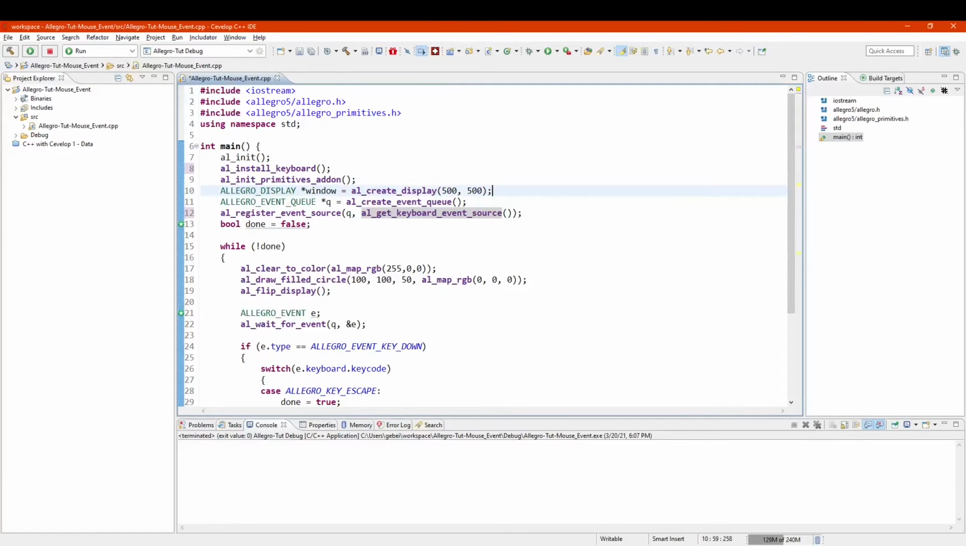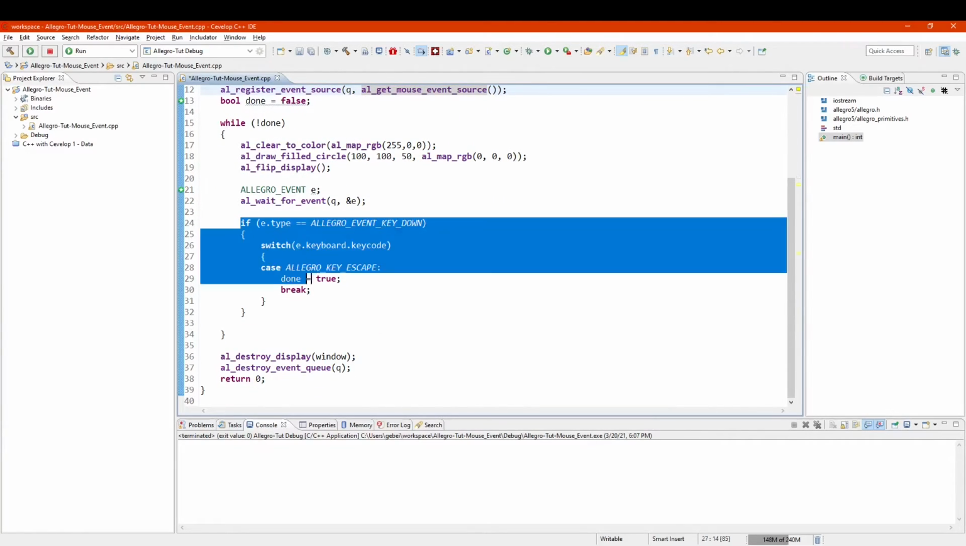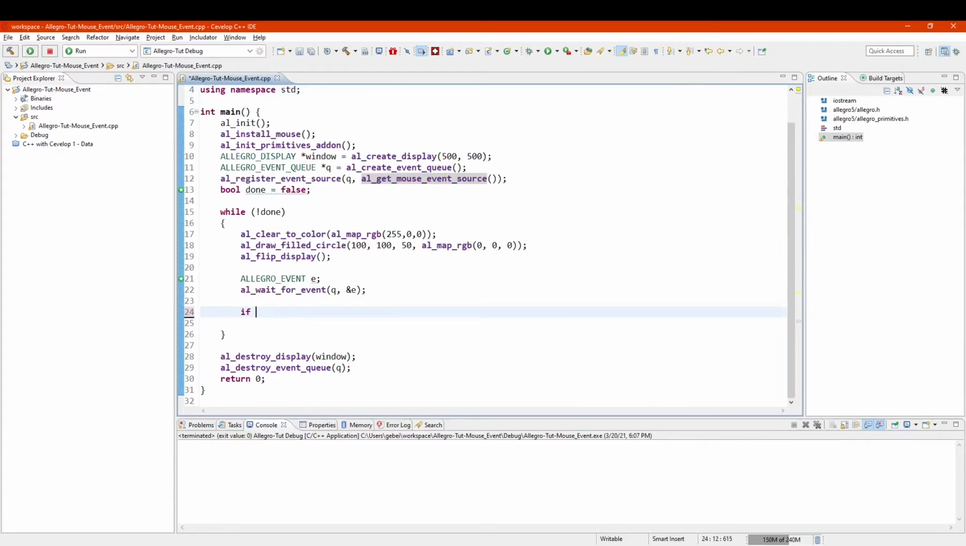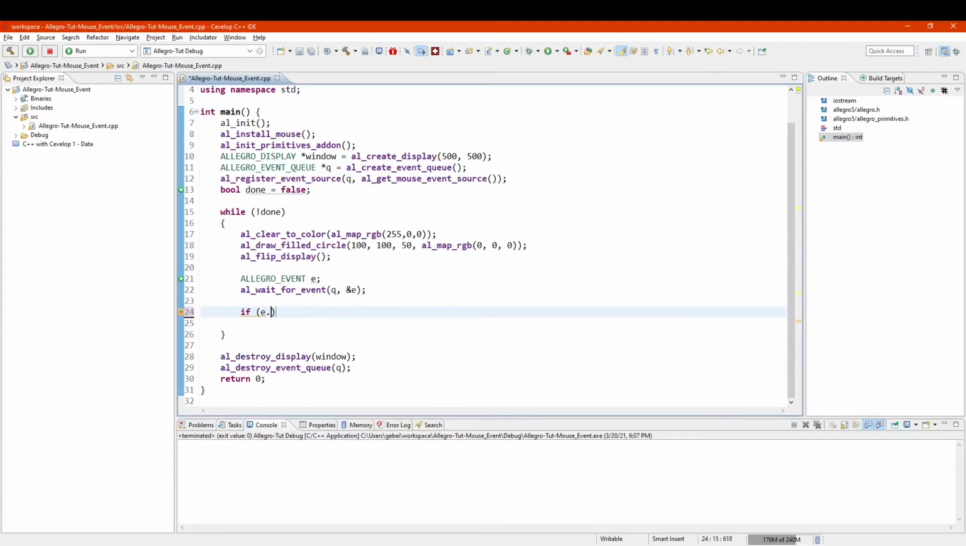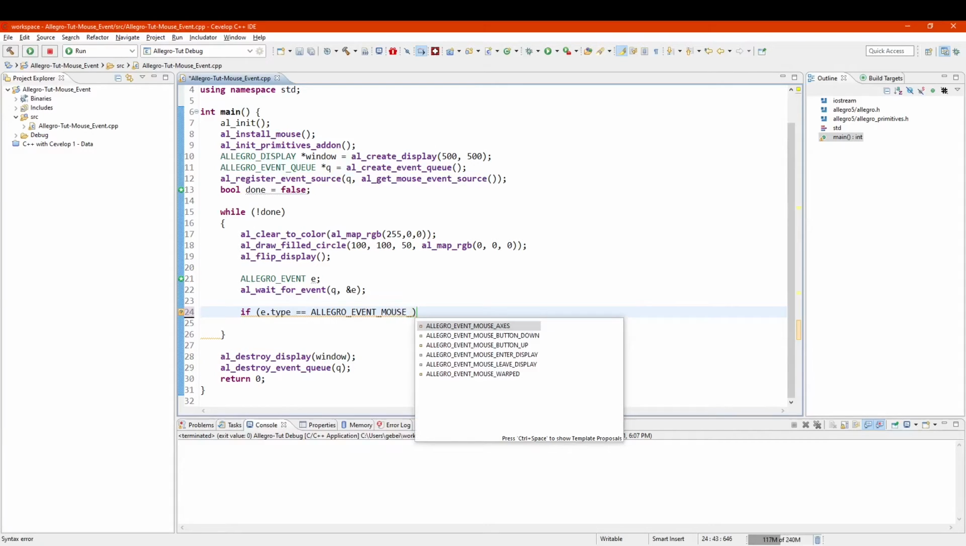Alrighty, let's get right into it. Pretty much everything is the same, except you just need to change everything that says keyboard to mouse and change the if statements. So let's take that out and put in if e.type, oh no, not Allegro event, type, and then Allegro event mouse button down,